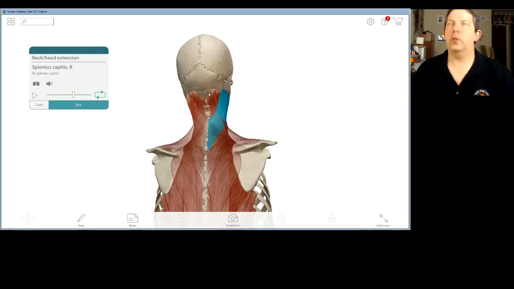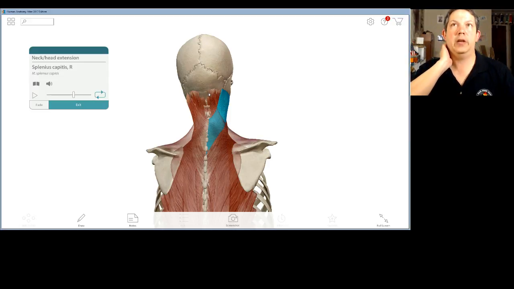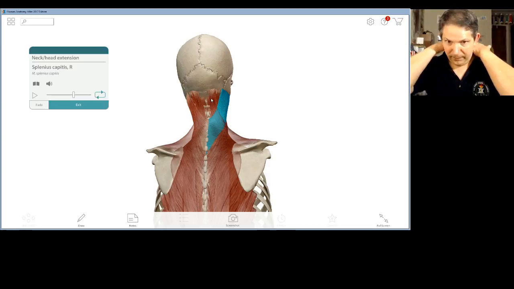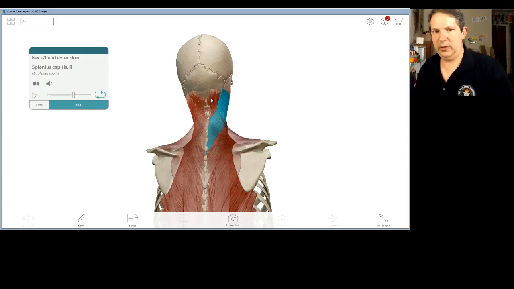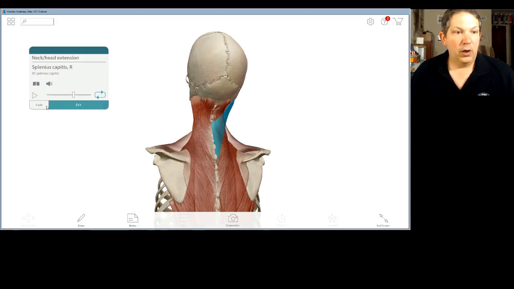You think, well, why do I need this muscle for extension? Your head would just flop forward, which it does if you listen to my lectures for too long, like that. So your head's kind of front heavy. Your Splenius Capitis muscles help hold your head up all day long, and they get tired, right? Your neck gets all stiff and sore, and you can kind of feel that a number of muscles are getting sore there. Okay,